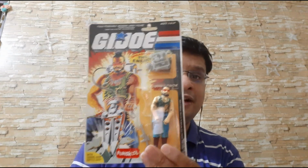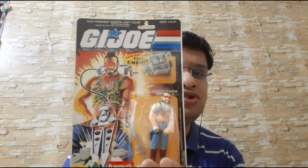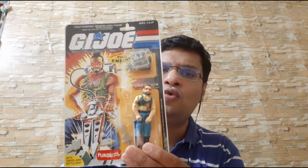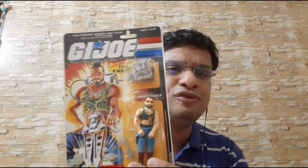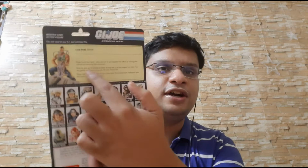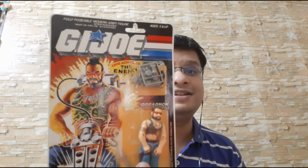So the first MOC that I have is Ripper. Now this is one MOC that is not so difficult to get if you want to source one today. Lots of them are available on websites like eBay. The only difference is the MOCs that are usually available online for sale are the Russian versions. So the rear of the card usually has Russian text, but in my case, what I have is the Indian